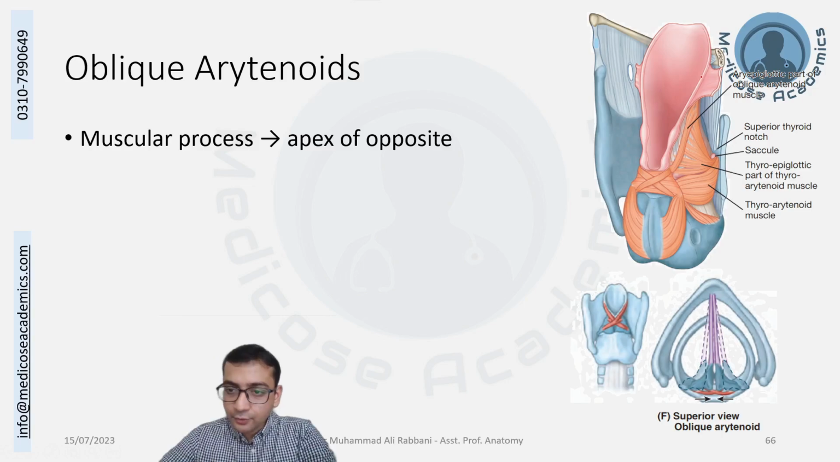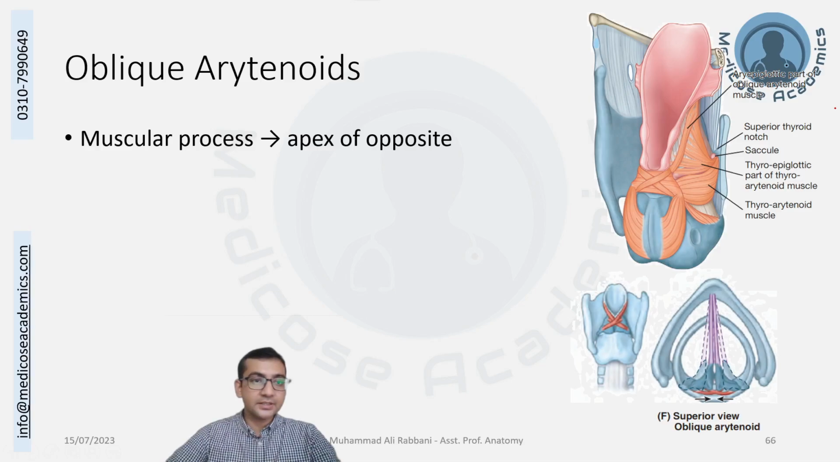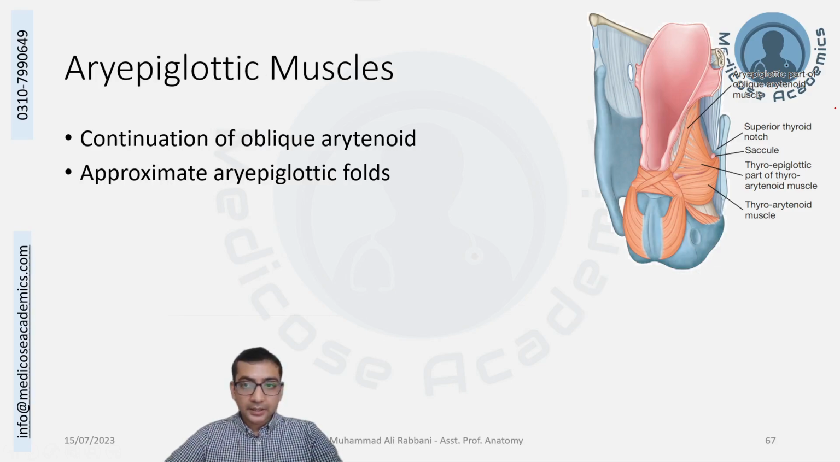The thing that you have to look at right here is that this muscle is extending beyond the arytenoid cartilages. So this part that goes beyond the arytenoid cartilage is parallel to the aryepiglottic fold, and is known as the aryepiglottic part of the oblique arytenoid muscle. We will look at it shortly. It is basically the